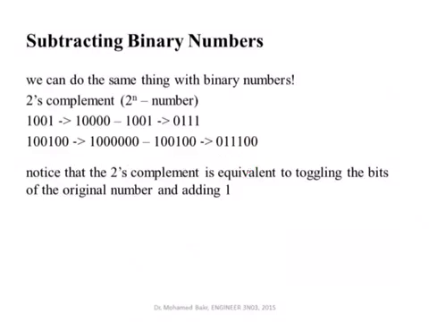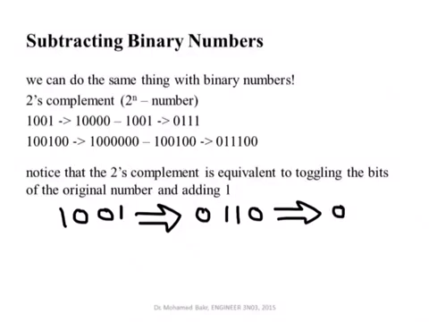Okay? Now, notice something very interesting about the two's complement. In order to get the two's complement, I do not really have to do any subtraction. I simply toggle the bits. So every 1 becomes 0 and every 0 becomes 1. And then I add 1 to that. For example, let's take a look at this one here. I want to find the two's complement of 1, 0, 0, 1. First step is make every 0, 1 and every 1, 0. So this becomes 0, 1, 1, 0. And then add to that 1. If I add to that 1, I end up getting 0, 1, 1, 1, which is exactly the same answer